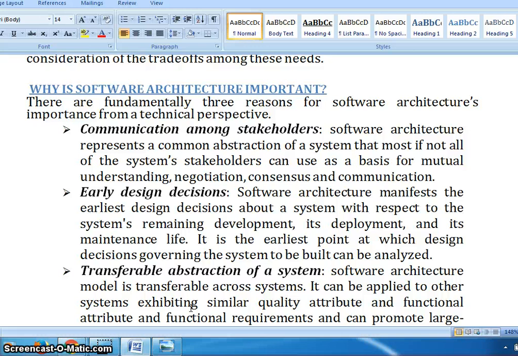It is the earliest point at which the design decisions governing the system to be built can be analyzed. That is, when you want to implement the system design, we need to first consider the architecture blueprint. This architectural blueprint explains the overall design of the structure, as well as the future development of the architecture, as well as how to deploy it.